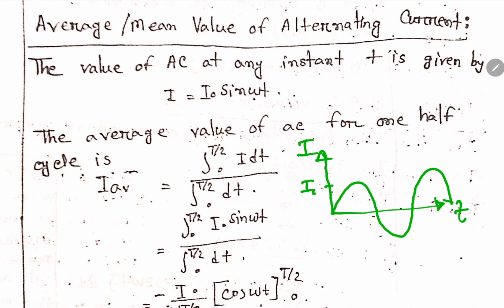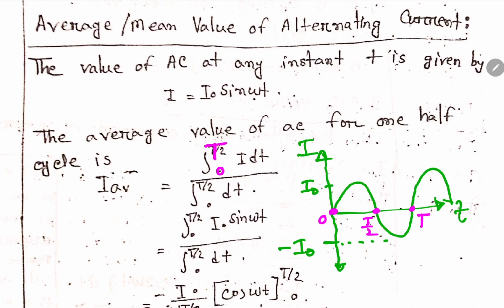So this is I naught, as I discussed earlier, and this is minus I naught. If you take integration from 0 to T,